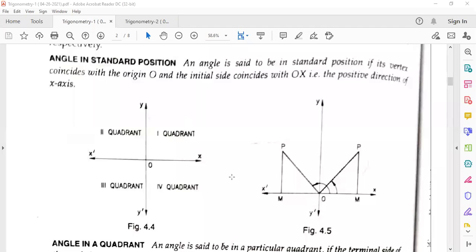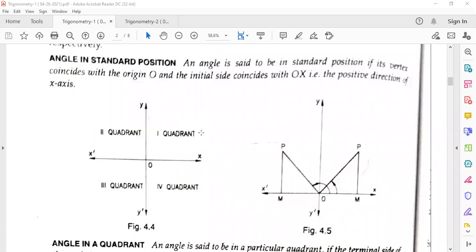So these x and y axes are perpendicular to each other, mutually perpendicular at the point O, and they divide the total 360-degree circle into 4 quarters. The first part is called quadrant 1, and here we are taking the anti-clockwise direction: quadrant 1, then quadrant 2, then quadrant 3, then quadrant 4. That's why we are taking all these as positive. So this OX and OY make an angle of 90 degrees.